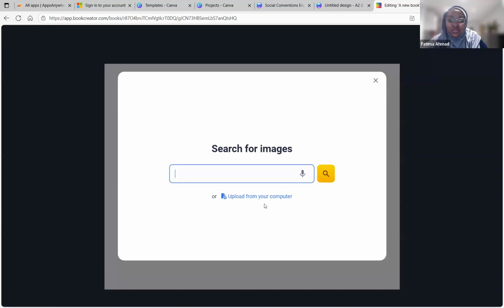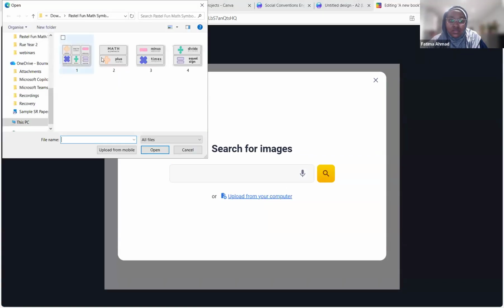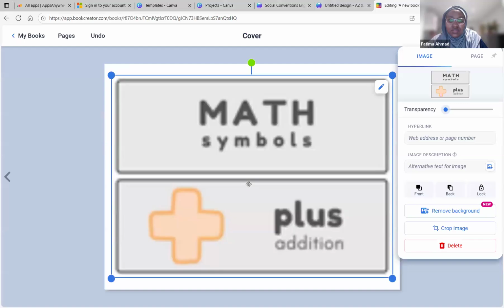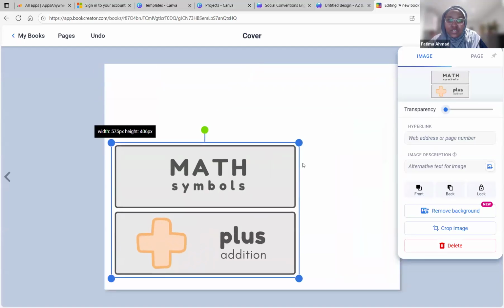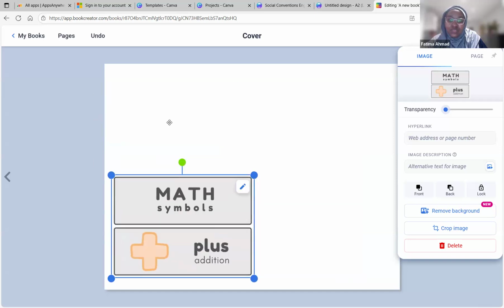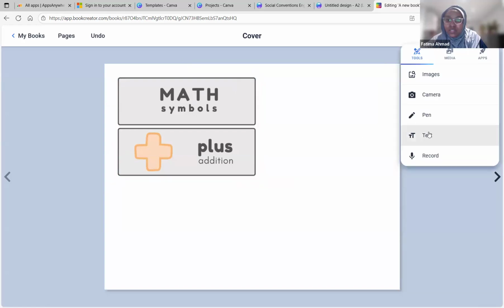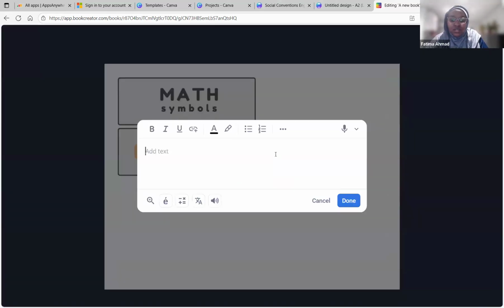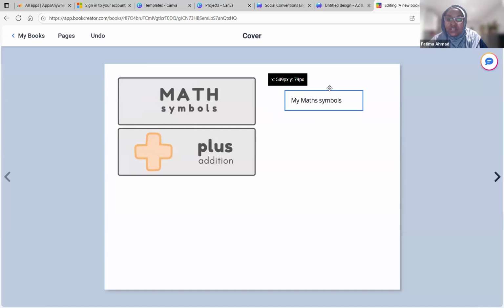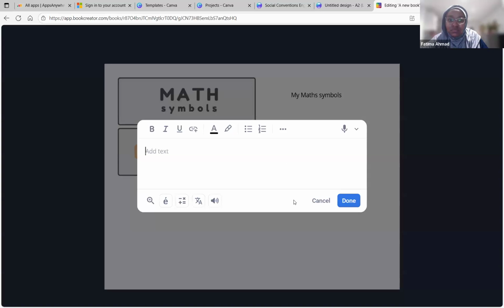So let's add image. Let's take a picture again. Open. So you see, this one gives you the flexibility of increasing or decreasing the size of your image and then moving it around, placing it anywhere in your page. So if you want to add text by the side, we could say, okay, so you can have this, you move it around as well. So if you want like a larger body of text,